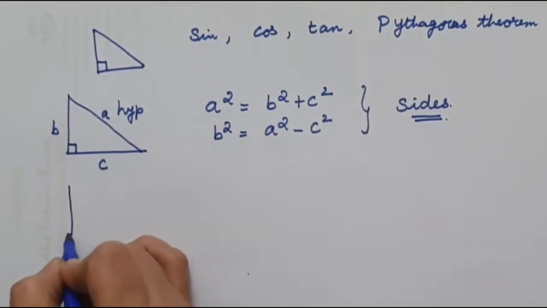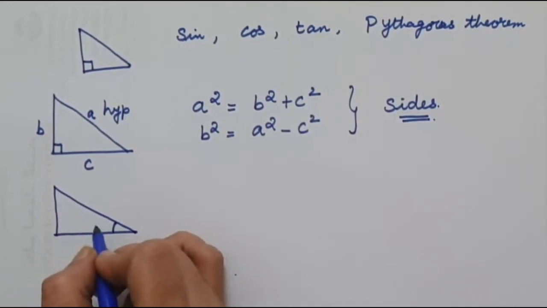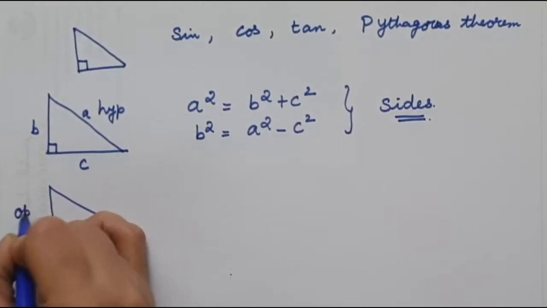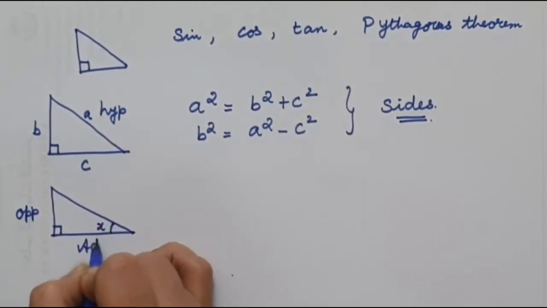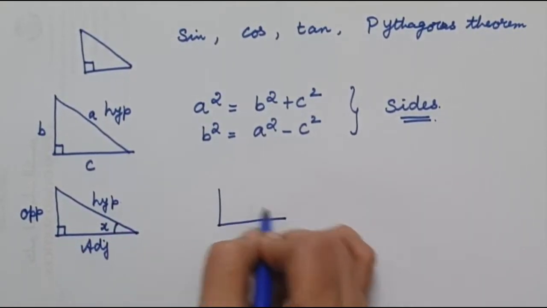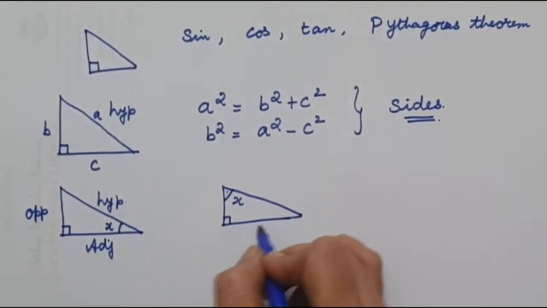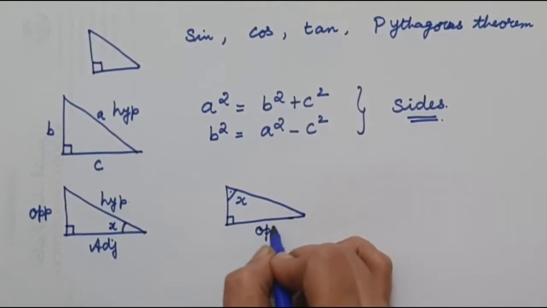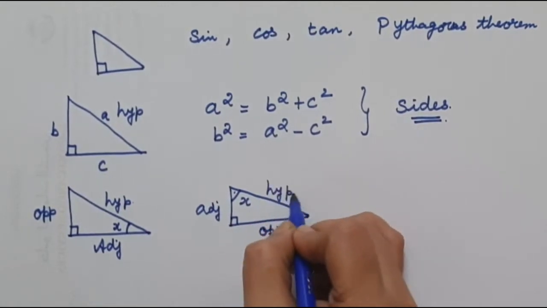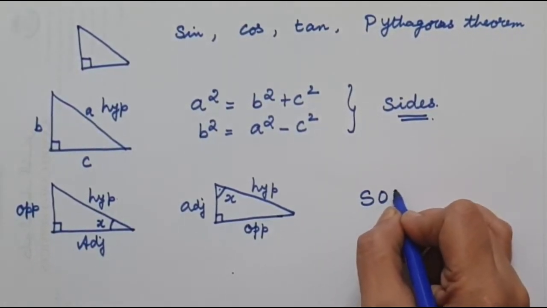Now the next thing, when it is a right angle triangle, suppose if this angle is x, the side which is opposite to the angle is the opposite side. Adjacent to the angle is the adjacent side, and opposite to 90 degrees is the hypotenuse. In the same way, in this right angle triangle, if this angle is given, so this is the side which is opposite to the angle, so this becomes the opposite side, this becomes the adjacent side, and this becomes the hypotenuse. When we use sine, cos and tan, we can use this SOHCAHTOA,